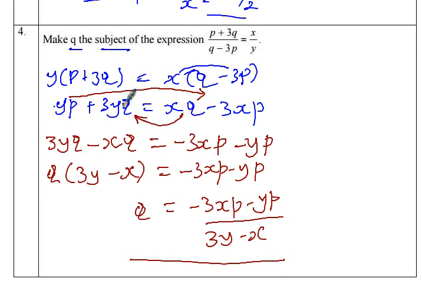Someone says, is it also possible that I can have q on this other side? Now, when you do that, your final answer will look a bit different, but we shall have the same answer, okay? Because it's a matter of multiplying here by negative. When I multiply this numerator by negative, this will turn into 3xp plus yp. Then out of, when I multiply this by negative, this one becomes minus,